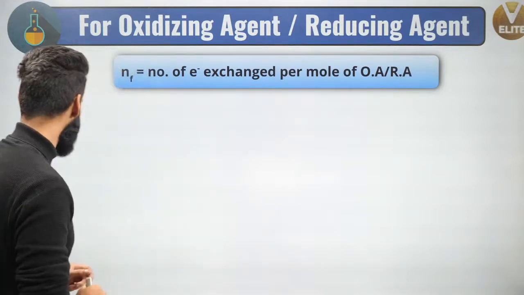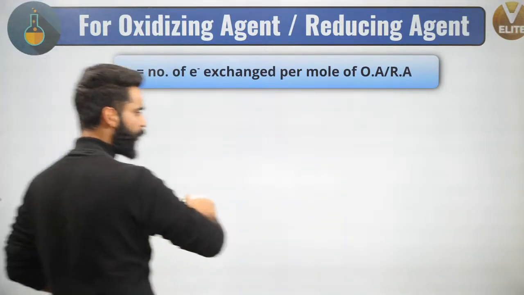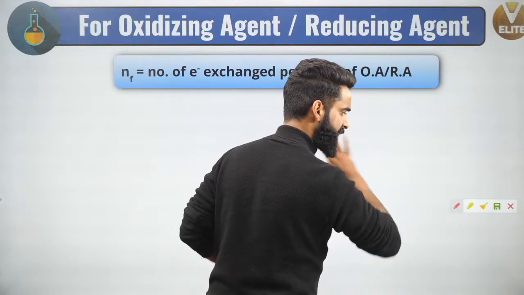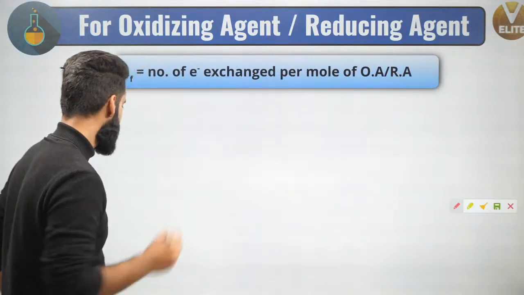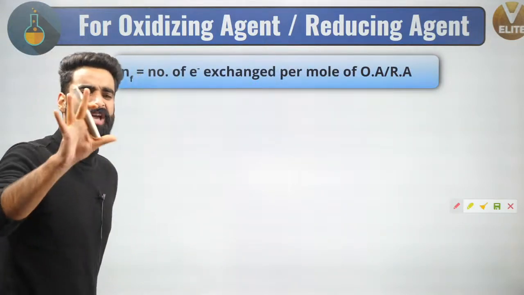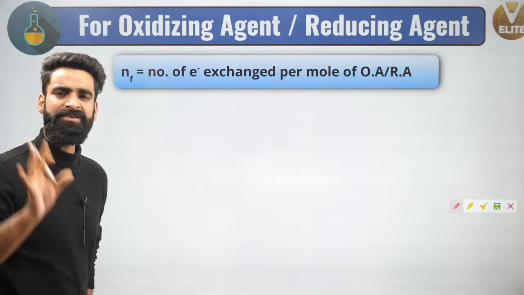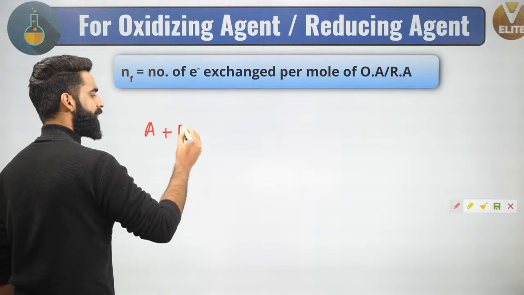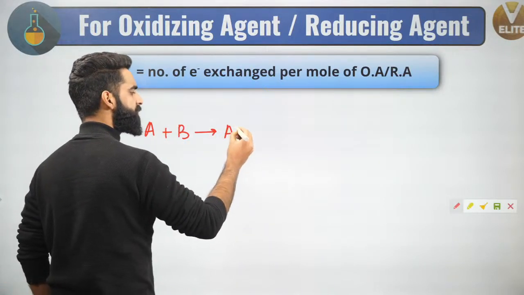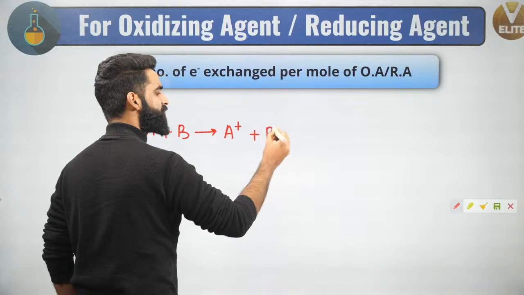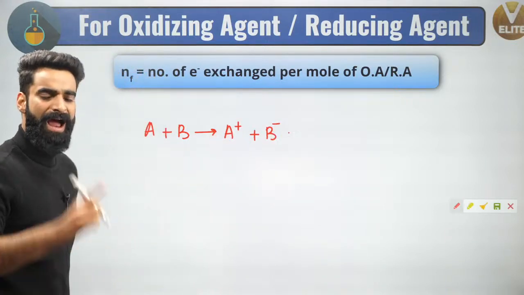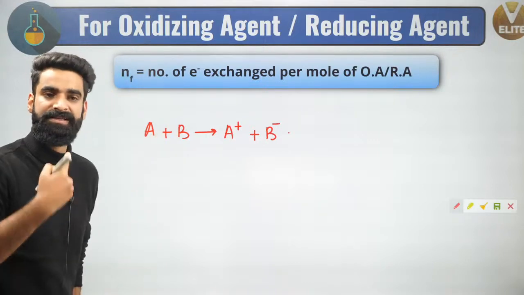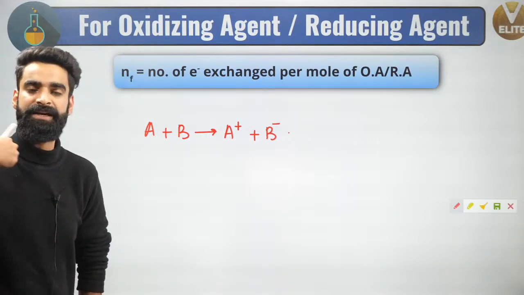So people, a few important things I would like to share with you, and I hope you get them properly, because this forms your basics of equivalent mass, redox titration and everything. See, first of all, I'm going to take a general reaction right here. Let's say I'm taking a reaction as A plus B, it gives A+ plus B-. Let's say this is one general reaction which I have. I'm assuming right now A and B are present in their standard states, in their elemental states, in their native states.